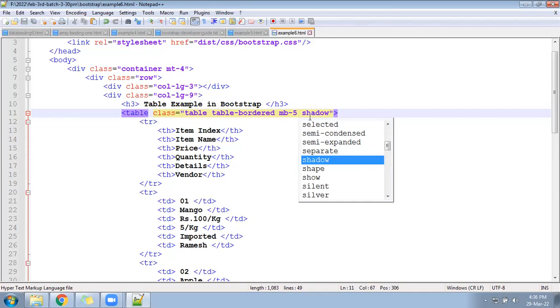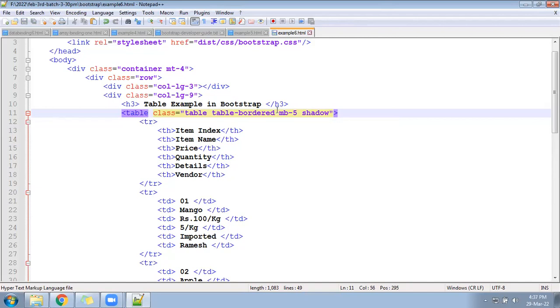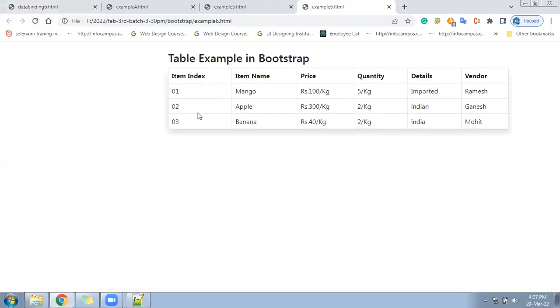Check now and see how the table looks. You can see a little lining shadow got applied. That is increasing the appearance of the table.